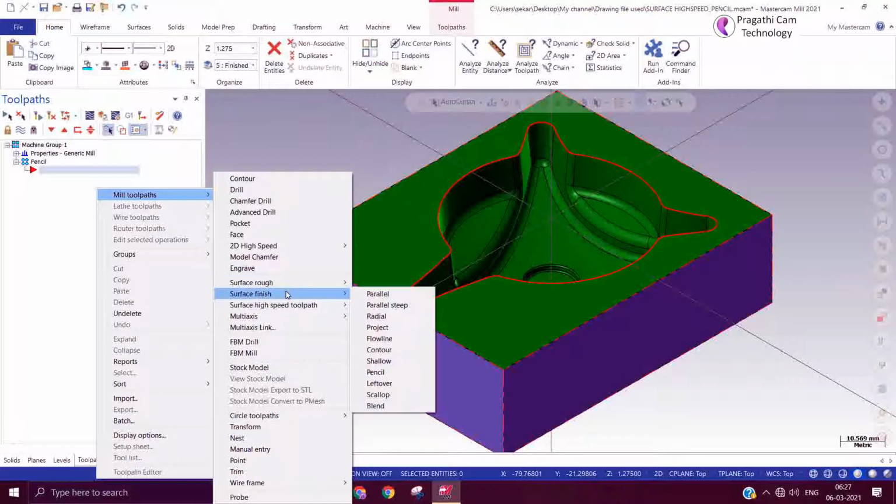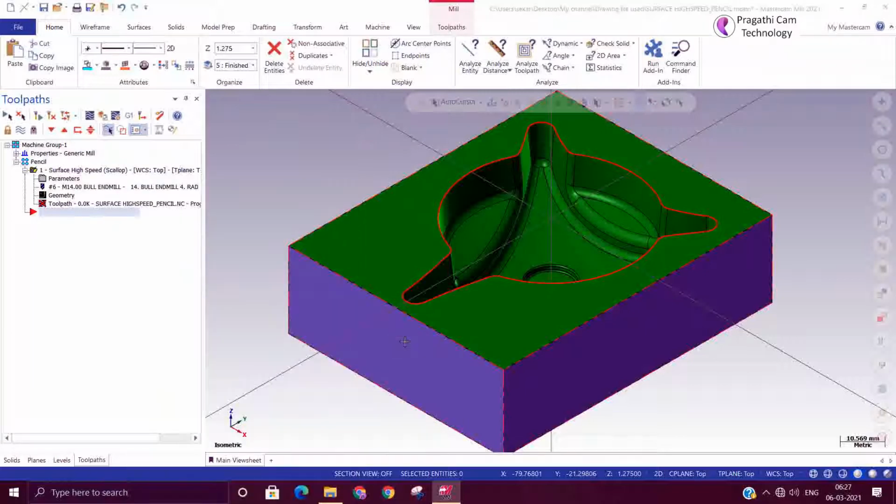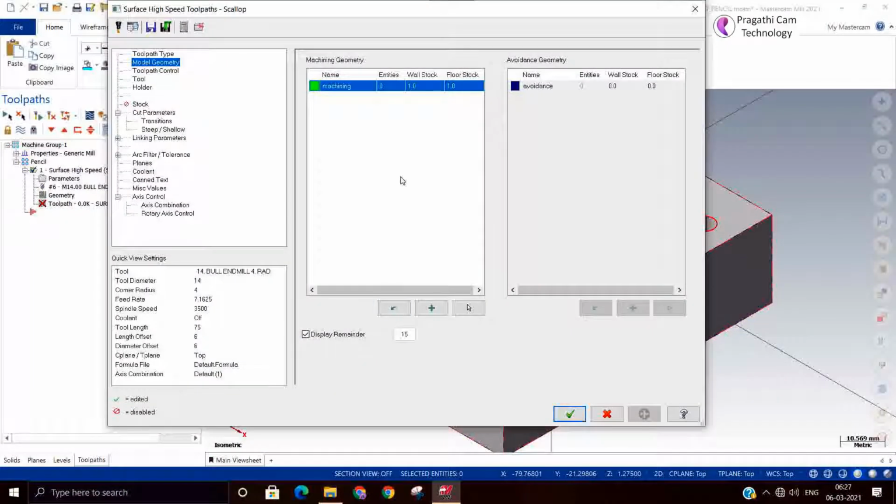So here this scallop toolpath is similar to the previous, normal scallop toolpath. The only difference is the lead in lead out. In the old toolpath, lead in lead out was in the X and Y, but here lead in lead out is in the XY or YZ or ZX, whatever it is. And the transition from one depth to another depth is automatically helical. Okay, now we'll see the surface selection.